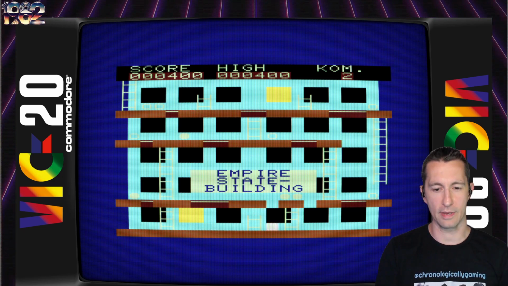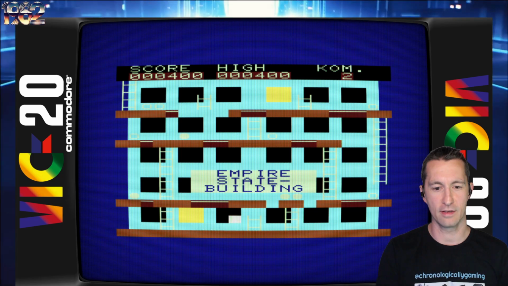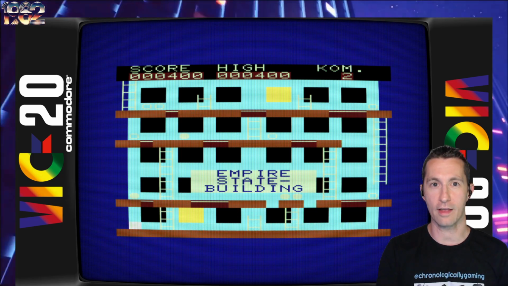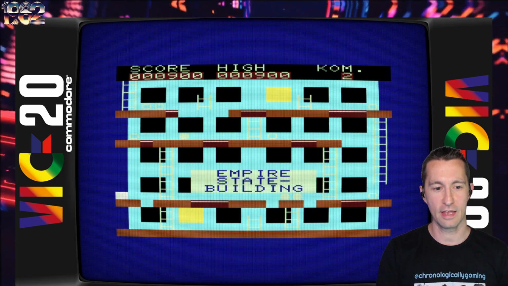I'm using the keyboard commands. Joystick didn't work, but I can move around and jump. So this is me moving and jumping on a platformer. I believe this is the very first time you could jump on a platformer on the Commodore VIC-20 with this game. So you make your way up the ladder, and then you have to...